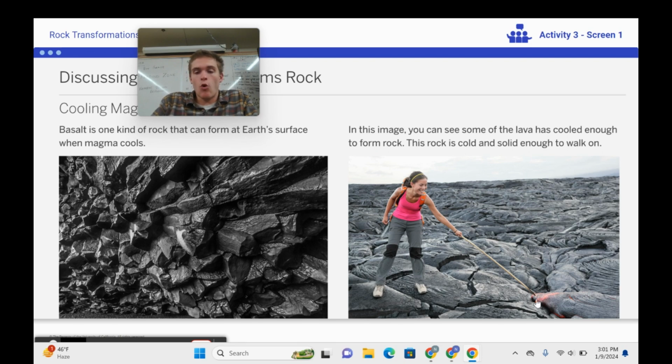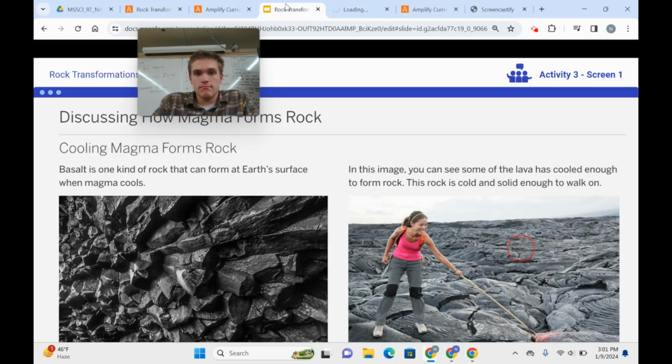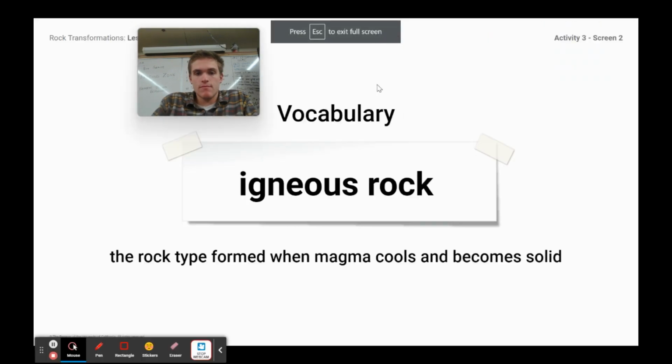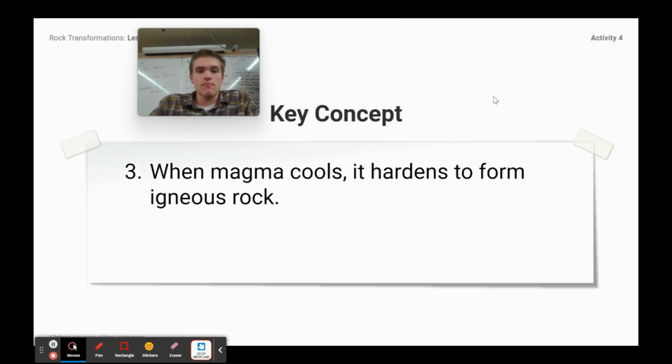But this orange glowing rock is still super hot. Igneous rock is the type of rock formed when magma cools and becomes solid. When magma cools, it hardens to form igneous rock.